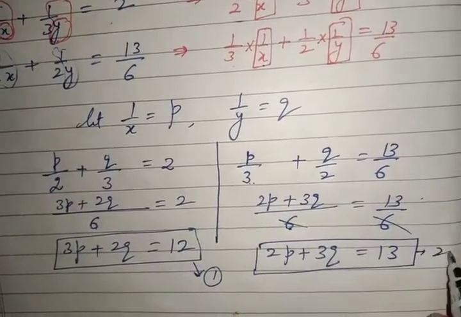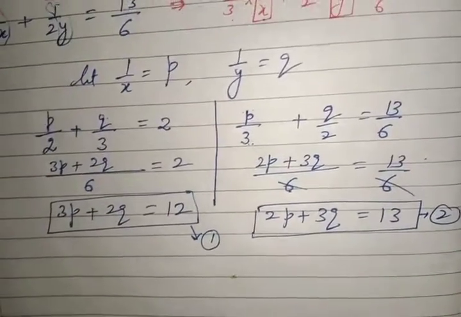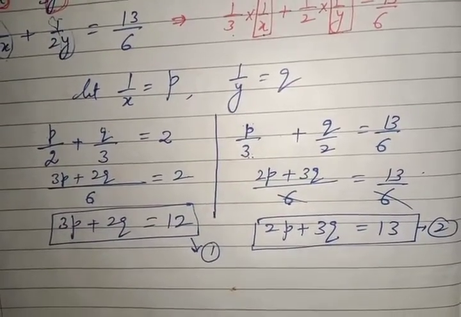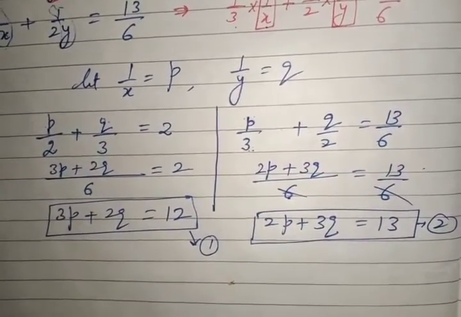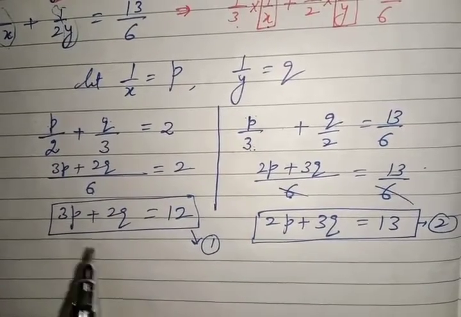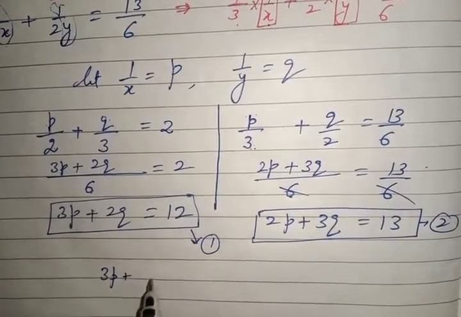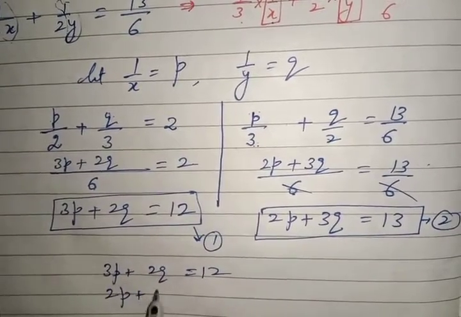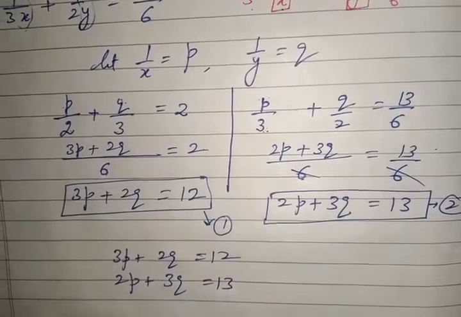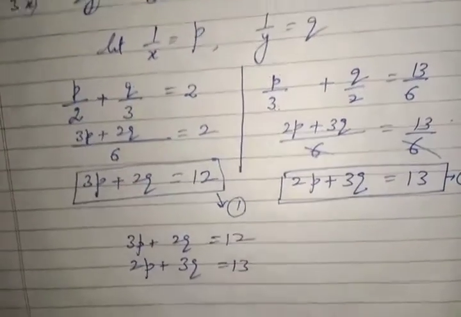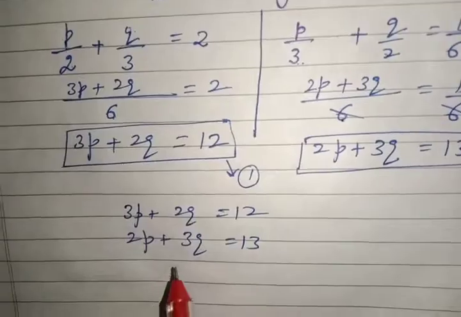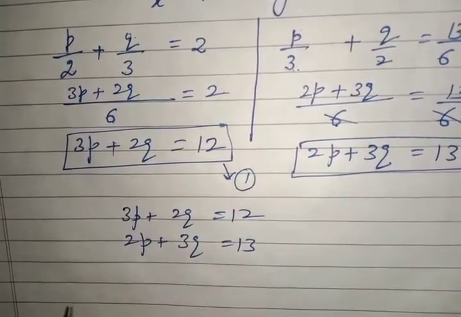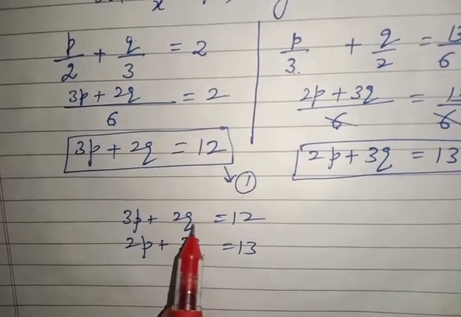You can solve these two equations by any of the three methods that we have done: substitution method, elimination method, cross multiplication method. So I will take one method and I will discuss all the three methods with you by taking different questions. This is our first equation and this is our second equation. So I am taking elimination method here. What does elimination say? Elimination says that eliminate one of the variables, either p or q.